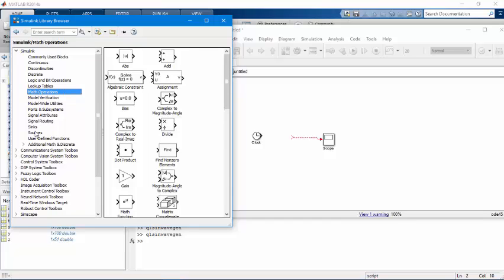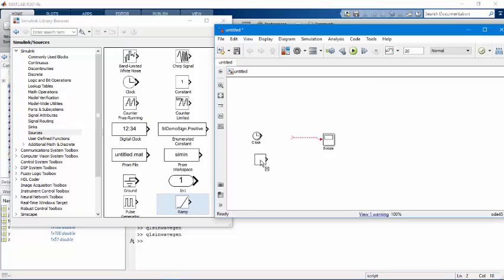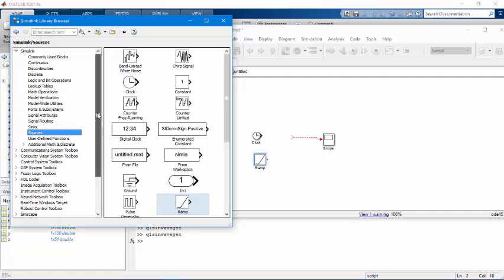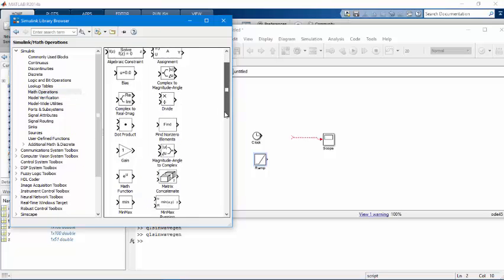I will select from sources the ramp block. I will need to multiply this ramp, which is y is equal to t, with the clock to get omega t times t, and for that we have the product block in the math operations library.